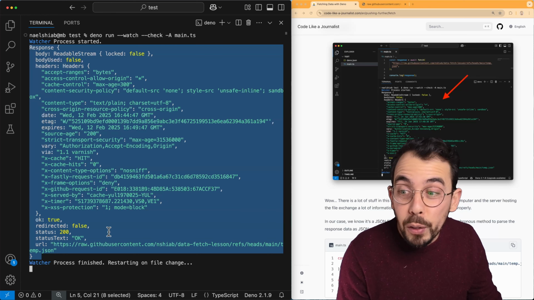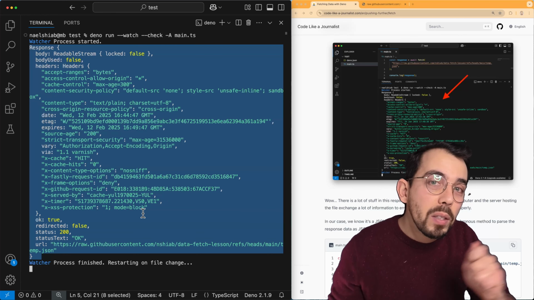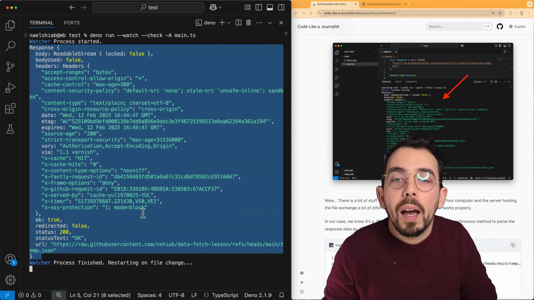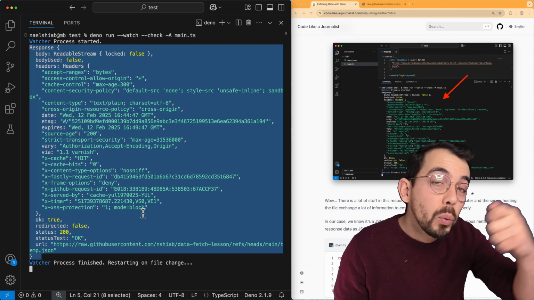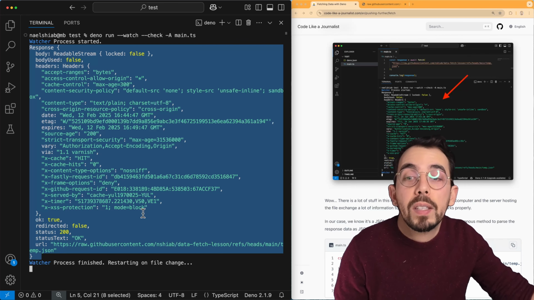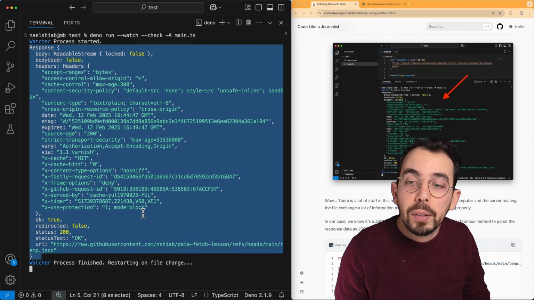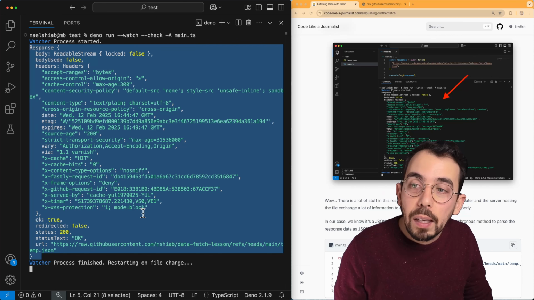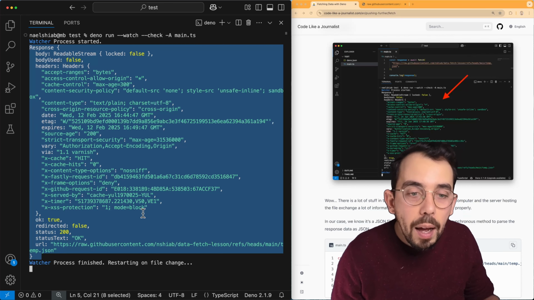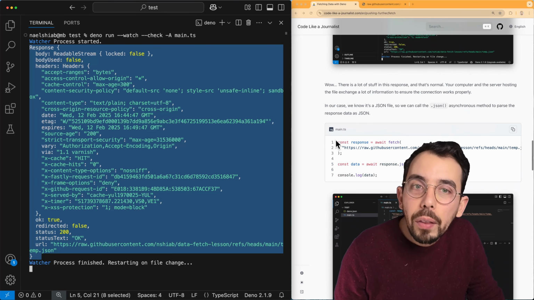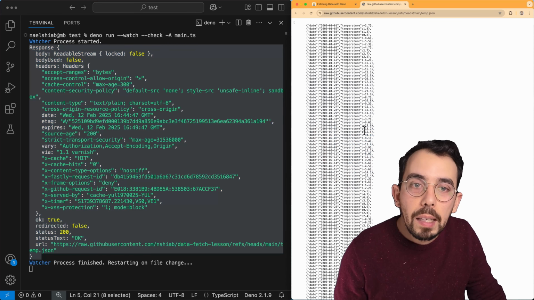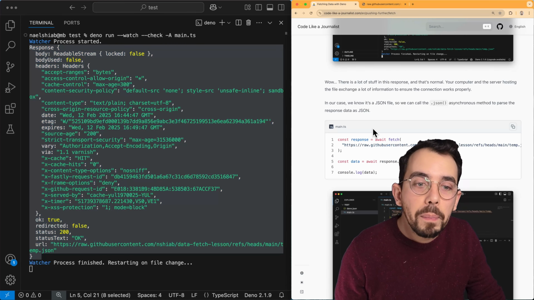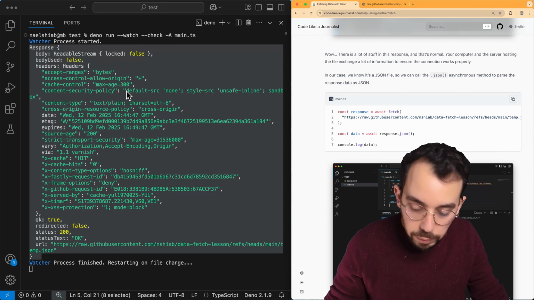There's a lot of stuff because to actually transfer data from your computer to GitHub servers, and from GitHub servers to answer you with the data that you're requesting, well, your computer and the servers need a lot of information. But in our case, the only thing that we are really interested in is the data, right? The JSON data. And so to do that, you can